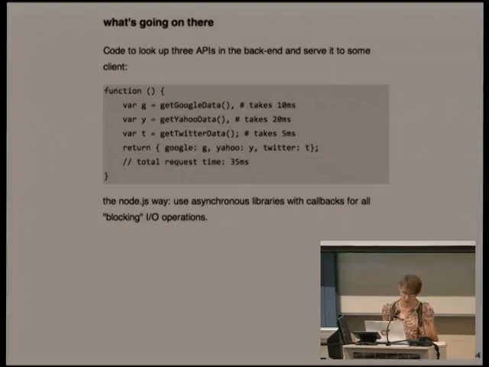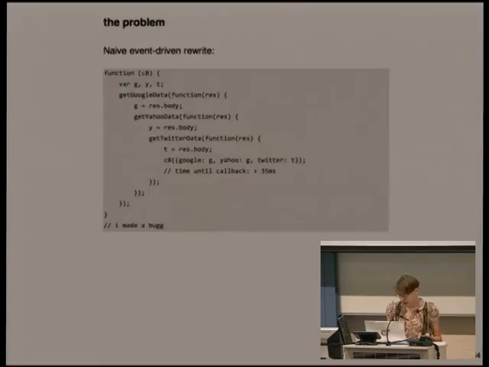Here's some code that you might have in some JavaScript environment that isn't, or it could be Node, but let's say it's not, where you need to look up 3 APIs and then return it or whatever. So you call your API, each instruction takes a while because it's making a web request or requesting something from a database or whatever. And each of those takes a certain amount of time. But this is the total amount of time before your function returns. That's fine.